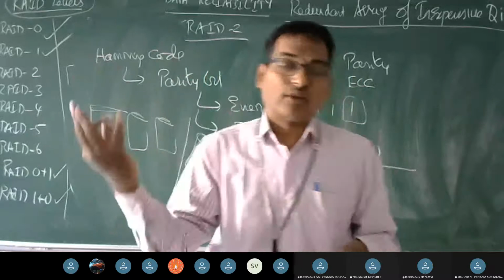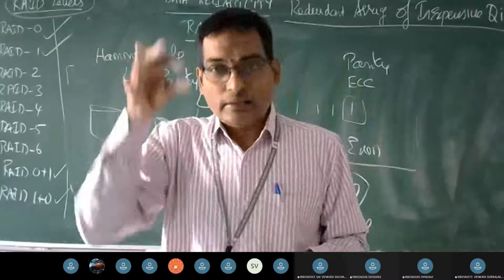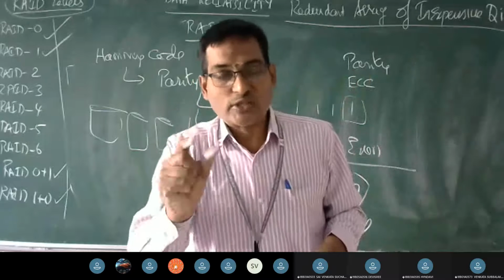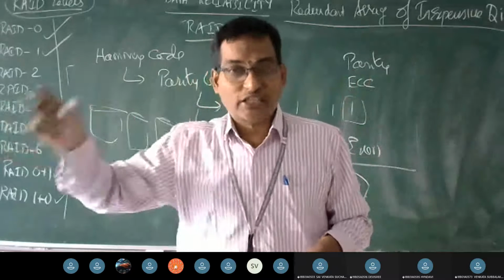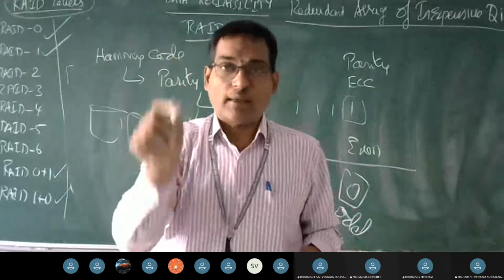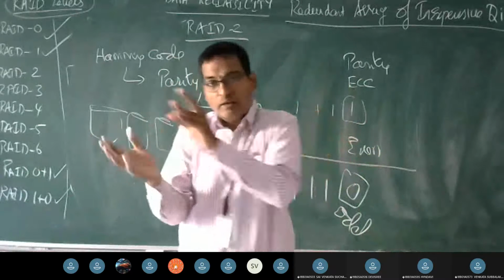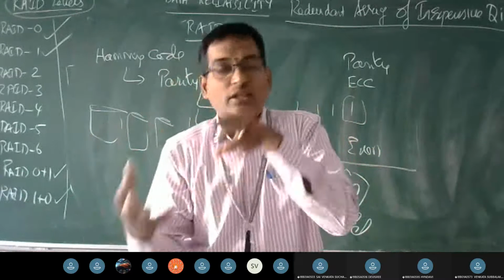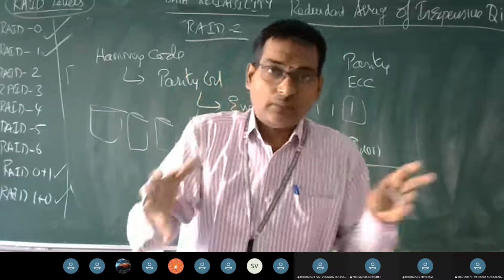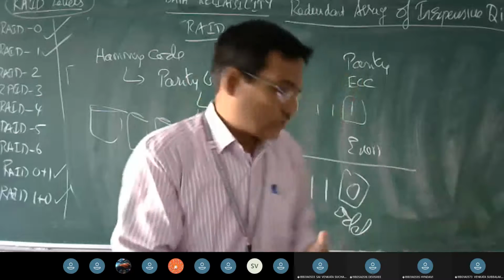Then the data is moved from source to destination. For that, we use error detection and error correction codes, and there we use a technique called Hamming code, Hamming distance. We associate a parity bit so that if there is a change in the disk pattern, obviously it affects the Hamming code. Once the Hamming distance with this correction code has been affected, it shows that the transmission has some error. So if any bit has been changed, it is interpreted that there is some change in the value and the accurate data has not been received at the destination. That is how Hamming distance plays its role.